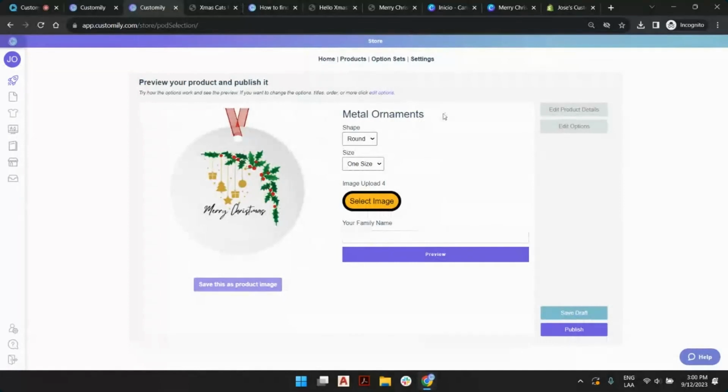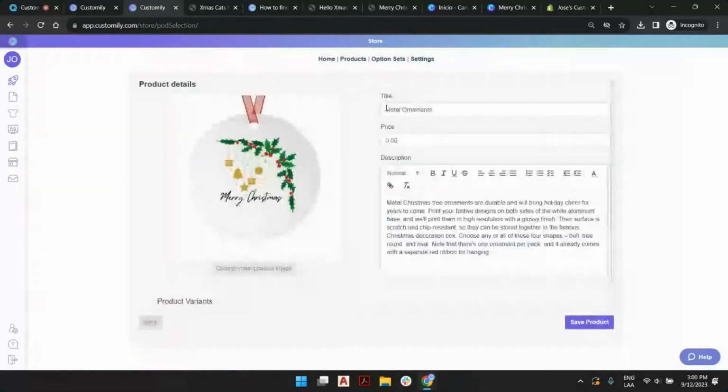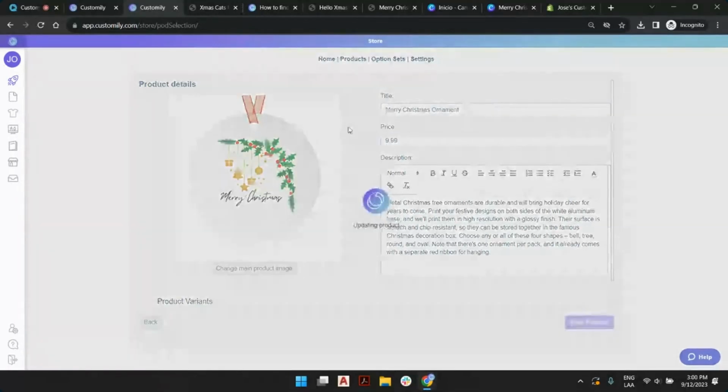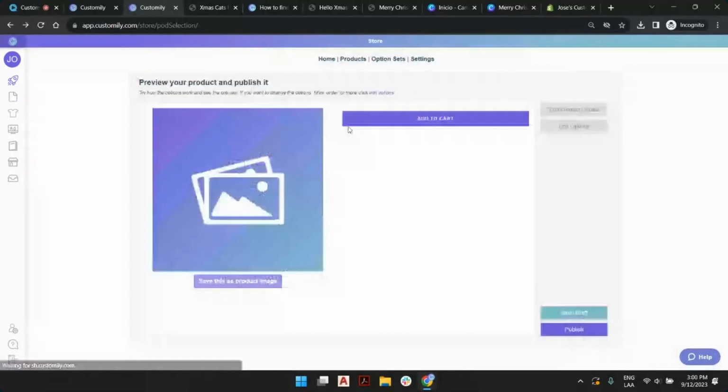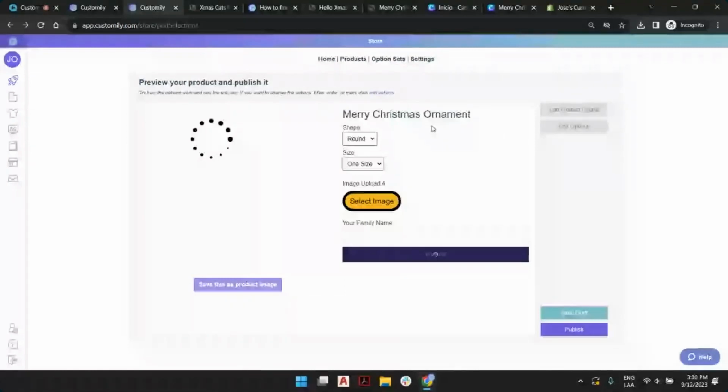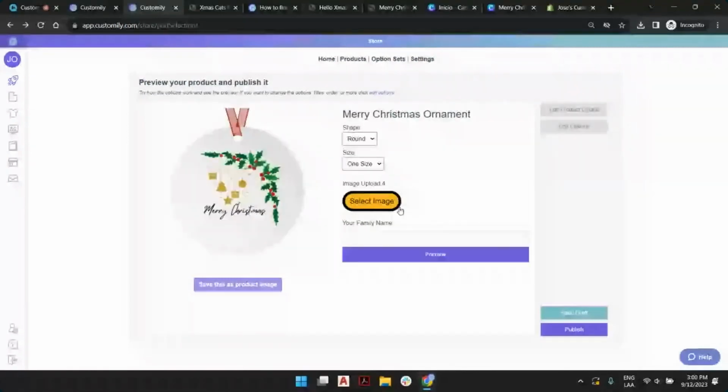Remember the steps when you reach here. First, change the name of the product. Merry Christmas ornament. I'm going to charge this a bit extra. Save it and back to revision. And then the second part is playing around with the options and saving a photo. So your family name will be the,